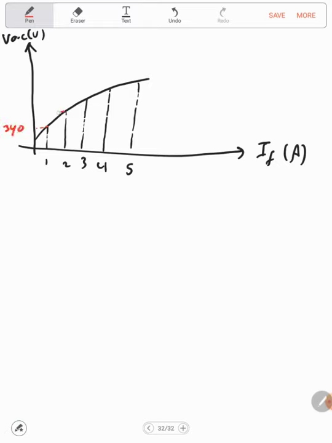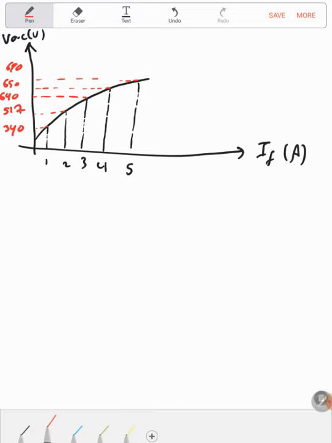Let's assume this voltage is 517. Let's assume this voltage is 640. Let's assume this voltage is 650, and finally let's assume this voltage is 690 volt. Of course, this figure is given, so let's assume given